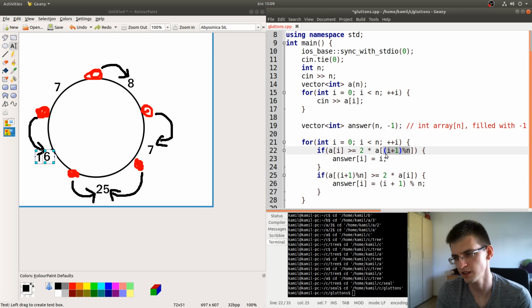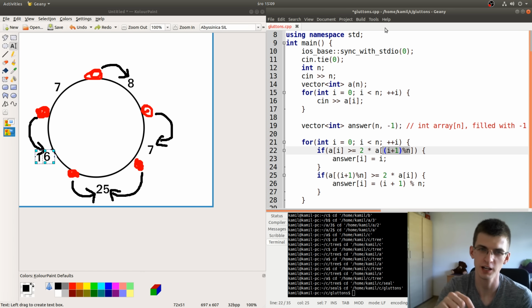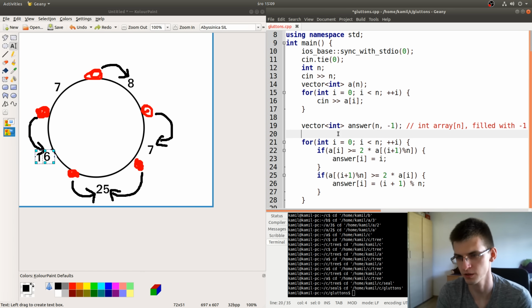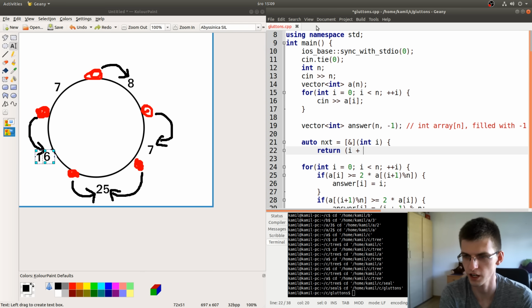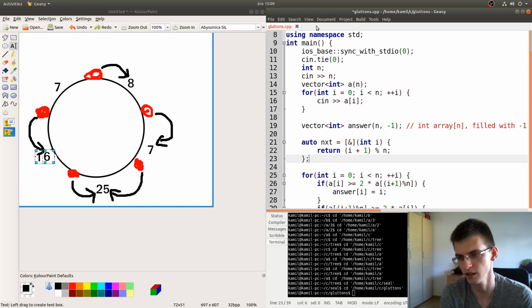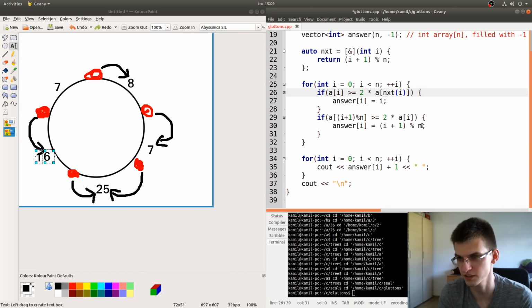Also, I think many times we'll use a function i plus 1 modulo n. So let's create a function for that. Let's call it next. And here we return i plus 1 modulo n to just make our code nicer, easier to read.